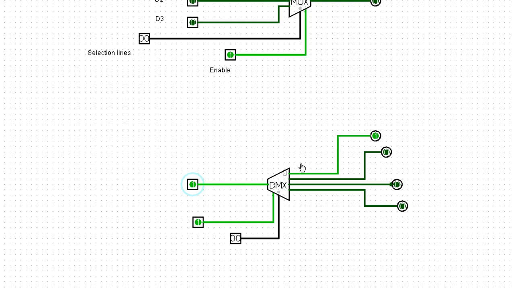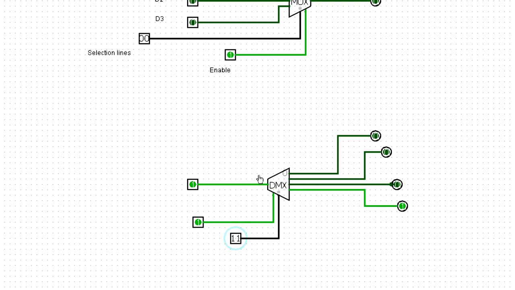Even though you will not get output from the other lines. Similarly, if I make the selection line 0 1, then this input will go to the second output. If I make the selection line 1 0, then this input will go to the third output. If I make the selection line 1 1, then this input will go to the fourth output.